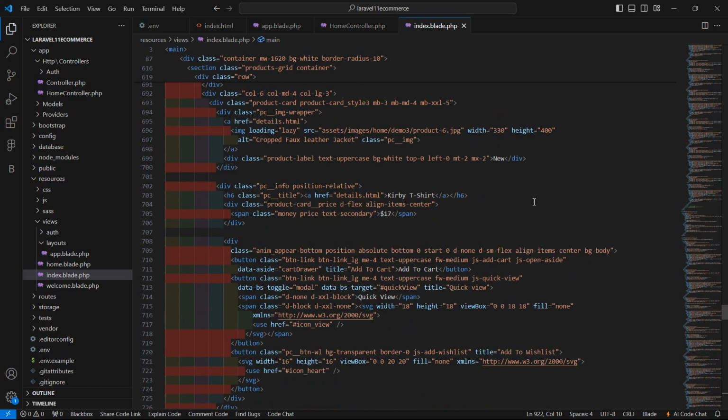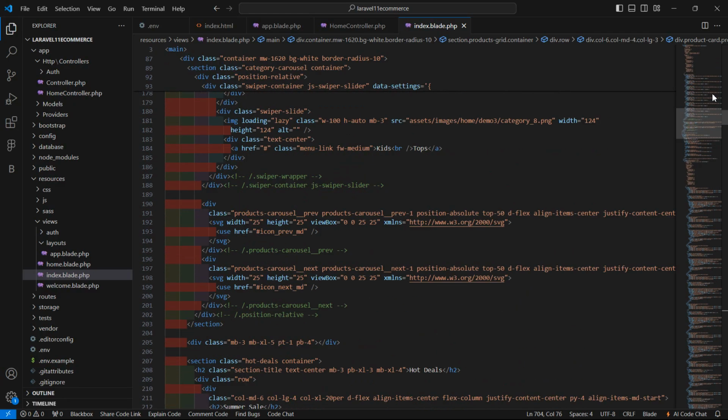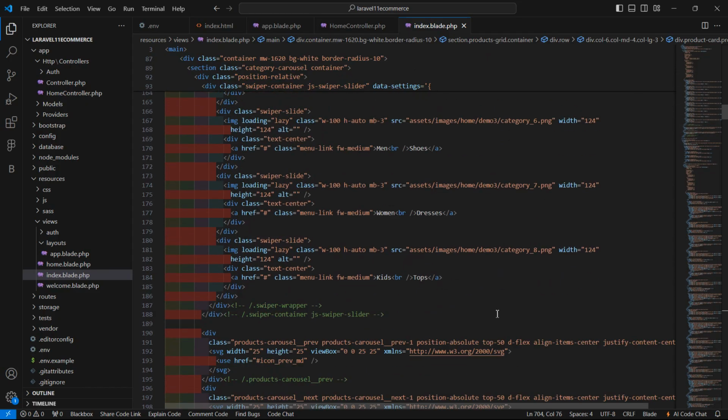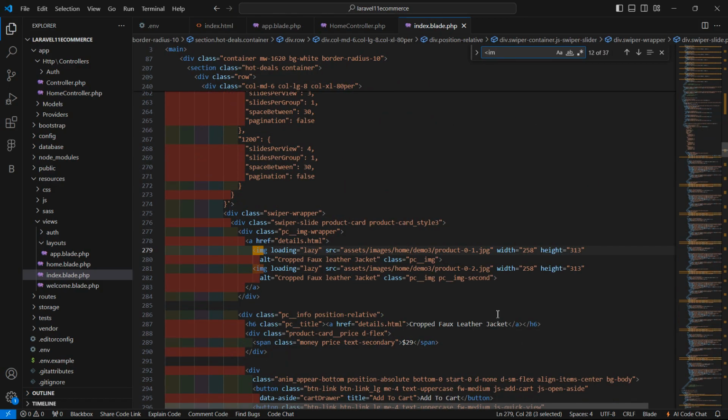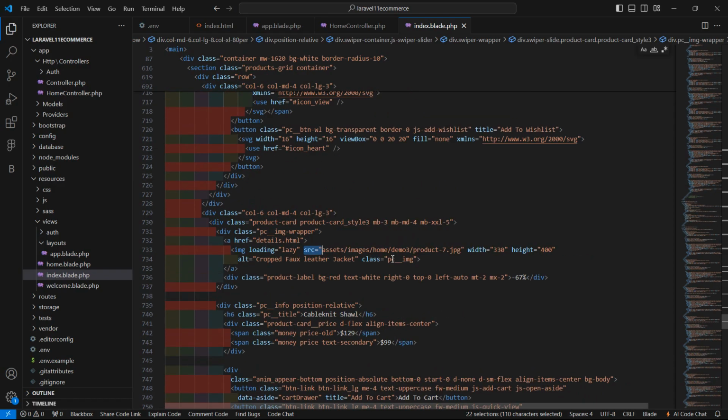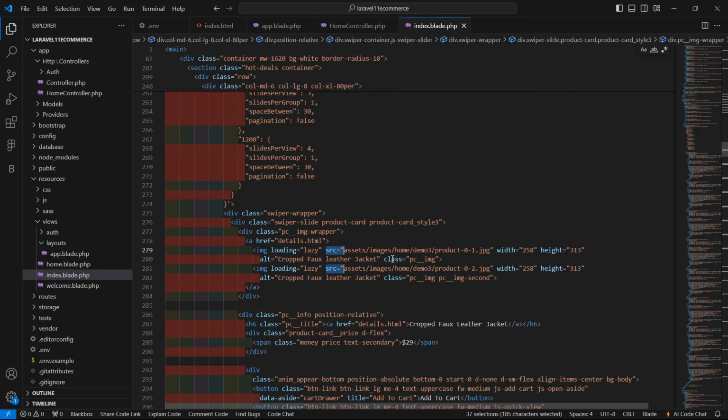One more thing, let's find all images and add here the asset method for generating the URL. So let's find the image tag, image, and here is the SRC. Okay, there are 37 images. So one by one just select the SRC. So select this, press Ctrl+D. Now it's selecting all the SRC. Okay, selected. Now right arrow